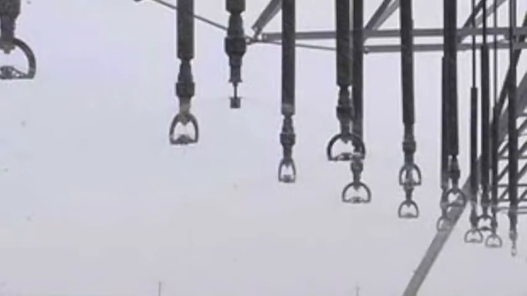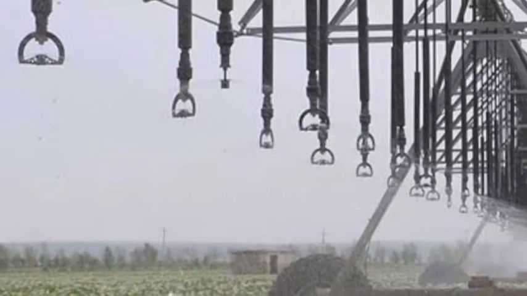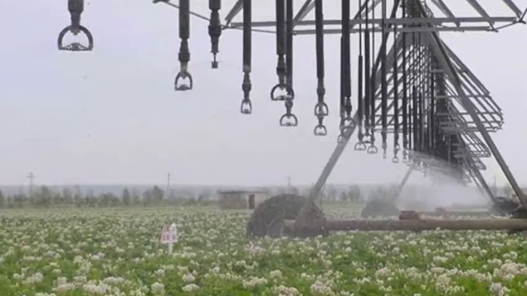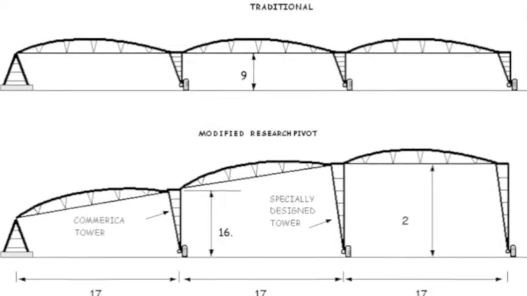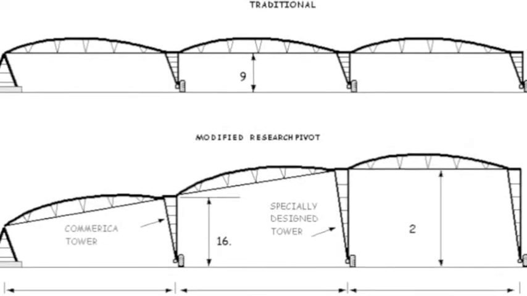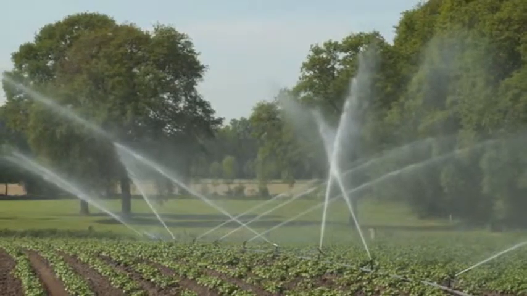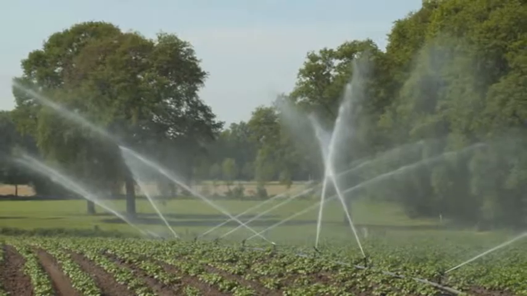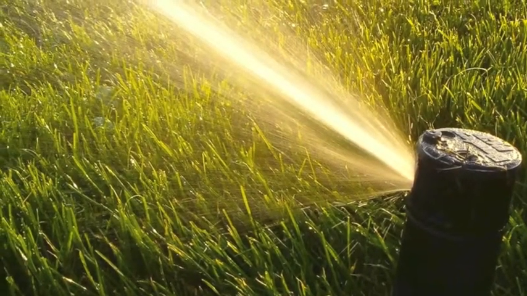The way it works is that sprinklers are centered on a pivot head that distributes water evenly to the crops necessary. In the diagram, you can see that the irrigation system can be modified in different ways depending on the types of crops being watered. Without these irrigation systems, it would be nearly impossible to maintain plants in areas that have little to no rainfall